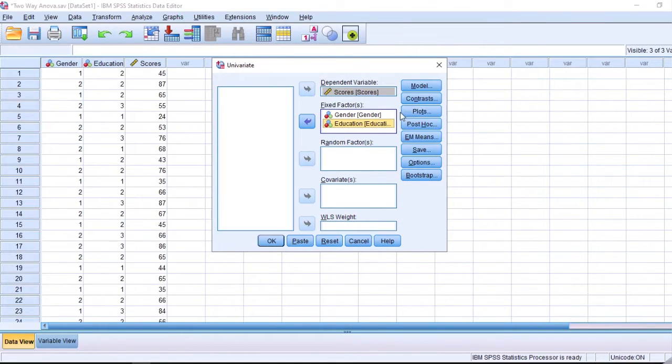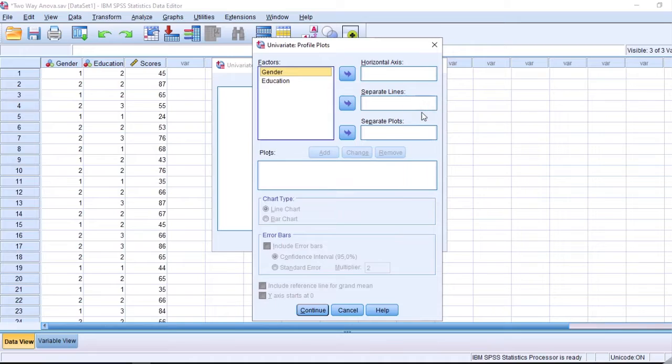And we get into the plots. In plots, gender we put into the horizontal axis, and education into separate lines. And then click add. After that, we have an interaction between gender and education, and then continue.